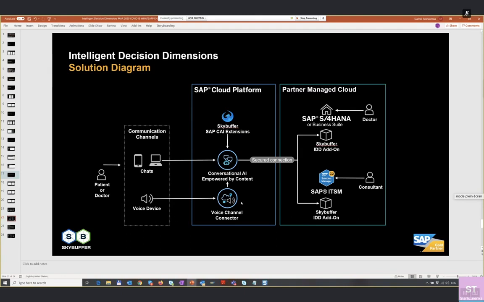Voice connector. Unfortunately, you didn't see how voice messages are working here. It worked before the demo, but I think that's fine. And we have a portal on a managed cloud, where we have S/4 or Business Suite inside. It's for the doctor, like SAP GUI and Fiori access for patient data, and for sure ITSM. That's what you saw now with Fiori